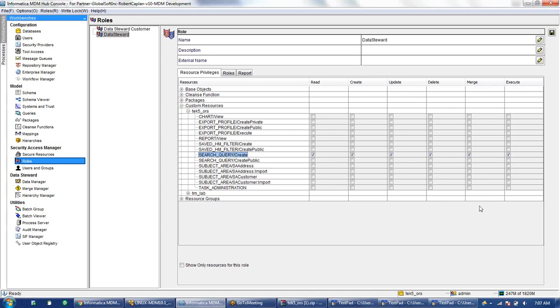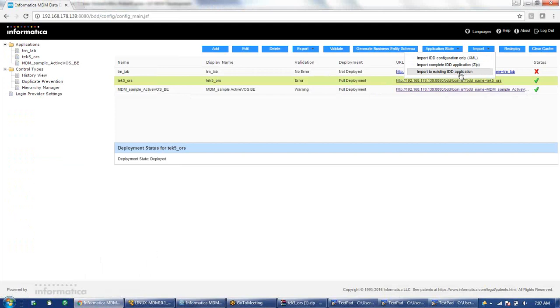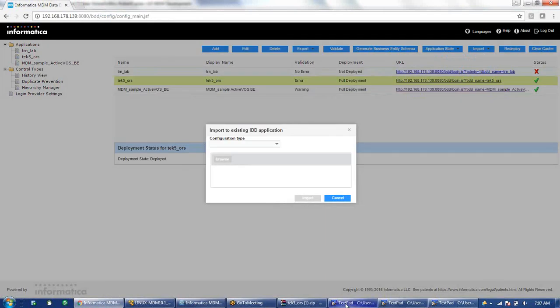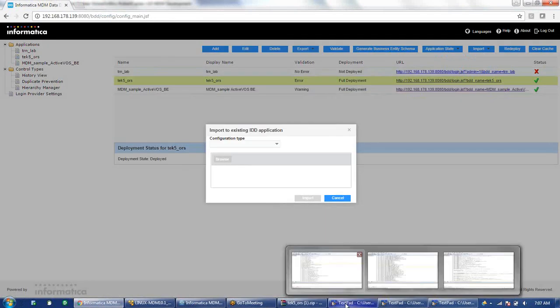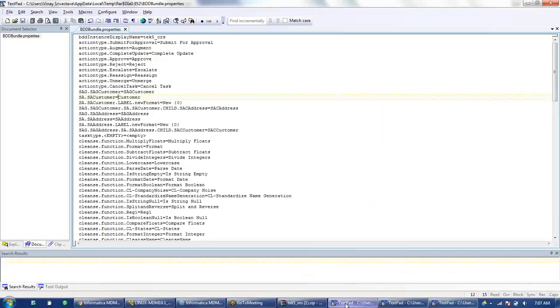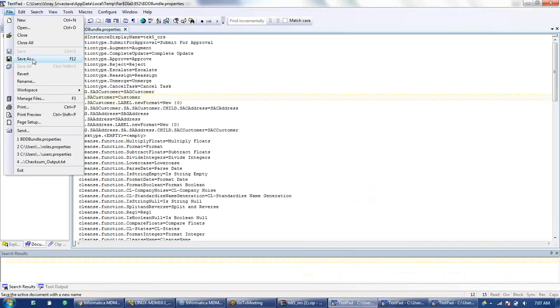So we'll always use whatever files are changed, go to the configuration screen and use this import to existing IDD application. We have changed a couple of files, like this file bundle.properties.